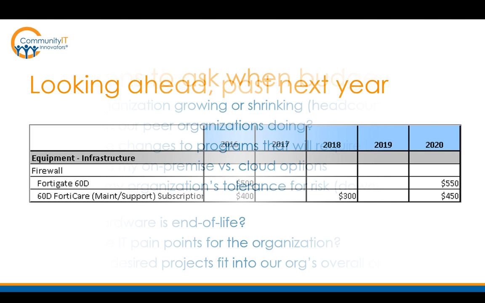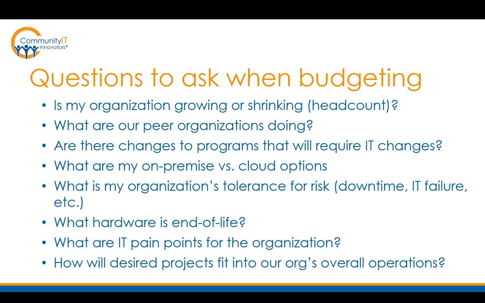So in 2016, I'm buying a new FortiGate 60D. I'm buying a maintenance support contract for it because that's very important. The maintenance support contract is not as long as the life cycle, or the hoped for life cycle, of the firewall. So a couple years later, I have to extend, or I choose to extend that contract. But 5 years later, I need to buy a replacement for that 60D. Maybe it's called a 60F at that point. We don't know.